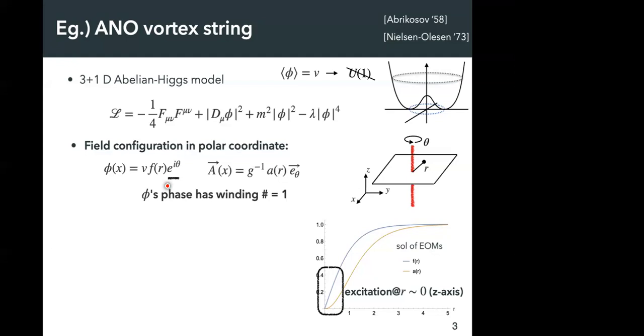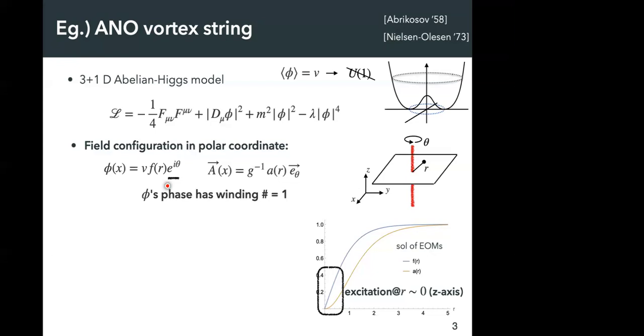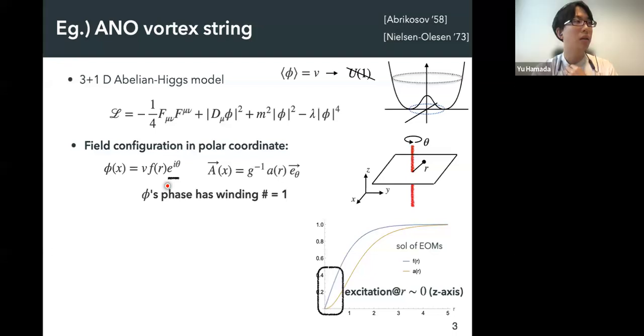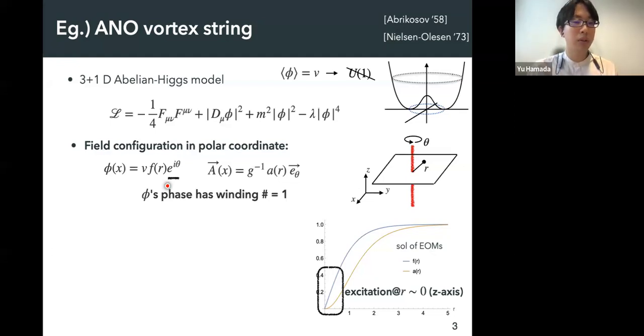If we consider the general case, then we usually write down the real part, and then for the imaginary part, we just write down the exponential i Goldstone phase part. Then in general, even in the exponent, there is another field which depends on position, right? But in this case, the theta is just the angle in the position space.